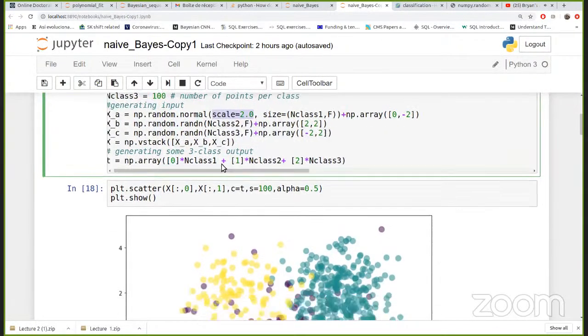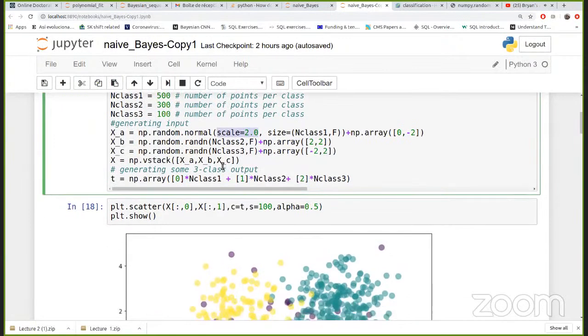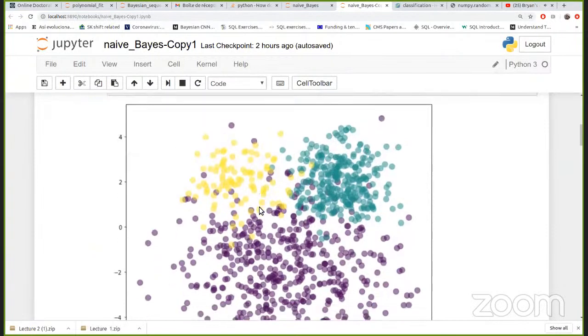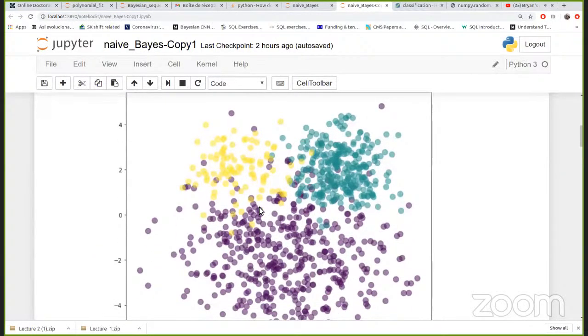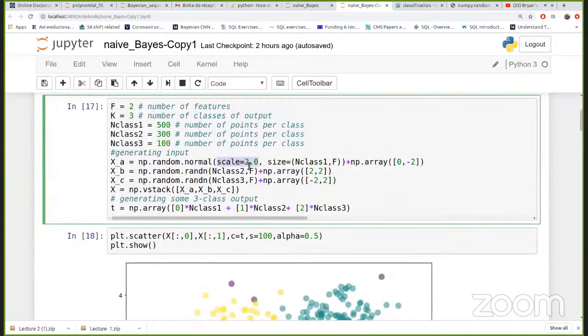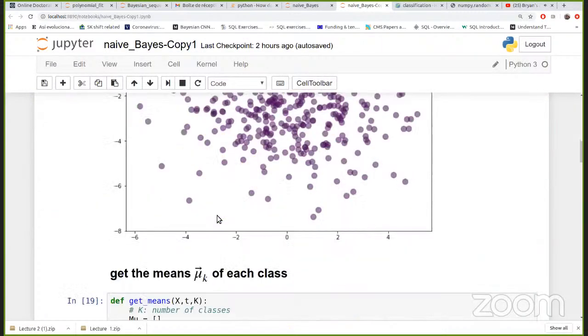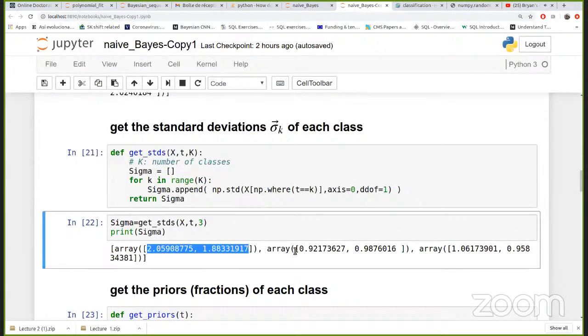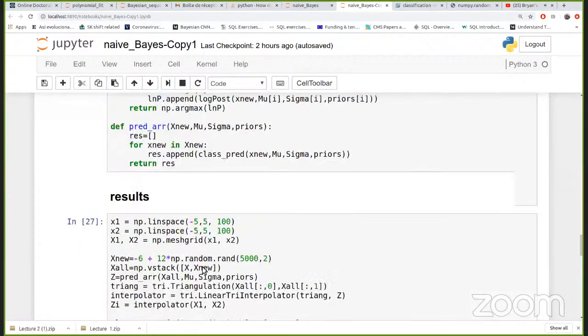So I'm just changing the way I generated the first class, which I think is the purple one. By doing this, of course, the standard deviations I got are different according to the class. These 2 have similar standard deviations, but definitely the first class has a standard deviation which is different from the rest. And when I repeat the procedure here, the result is this one,